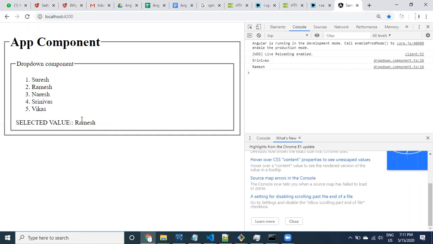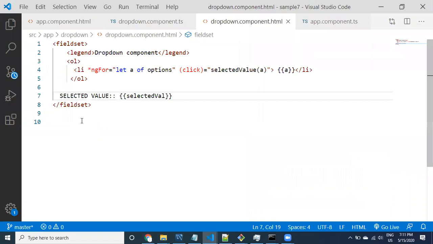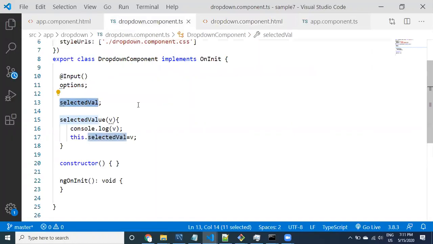But what I want to do is send this information to the parent component. Whatever value you are selecting here, this value goes to the selected value in the drop down component. Once the value is available here, I need to send this value.